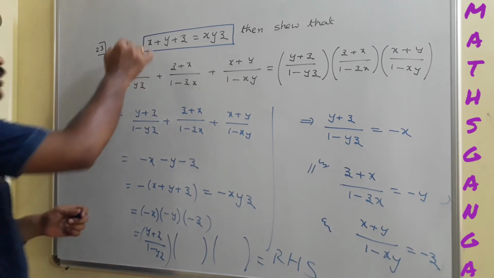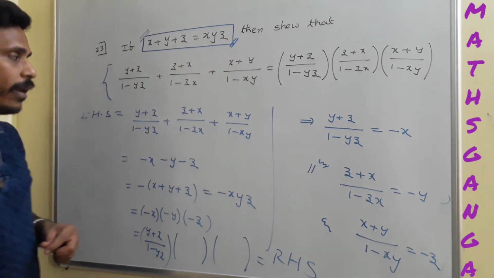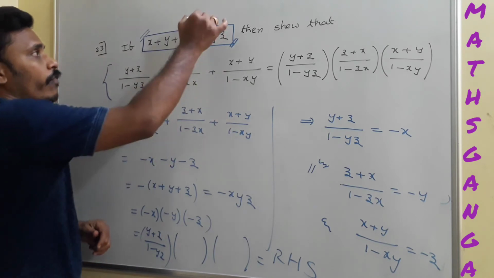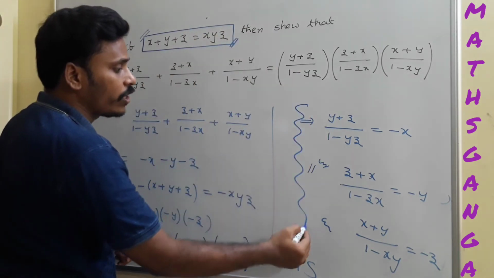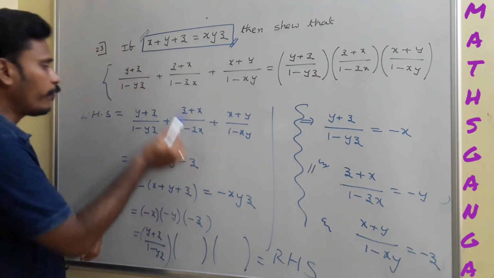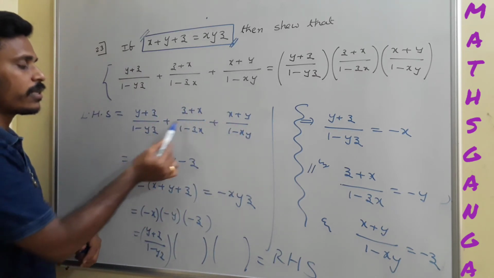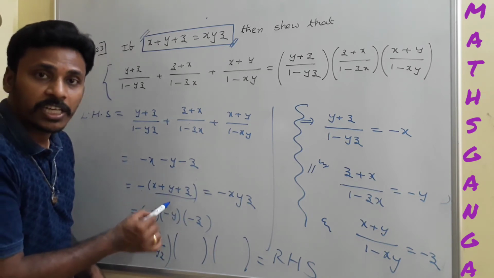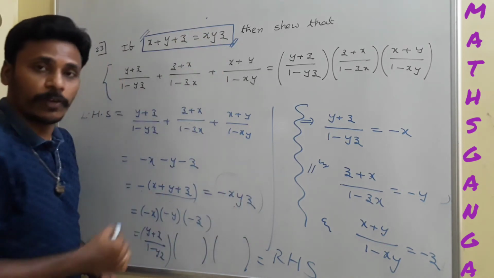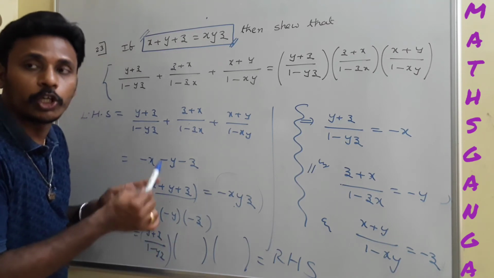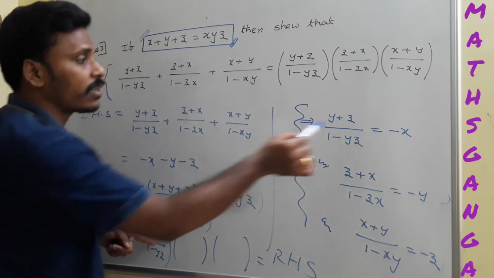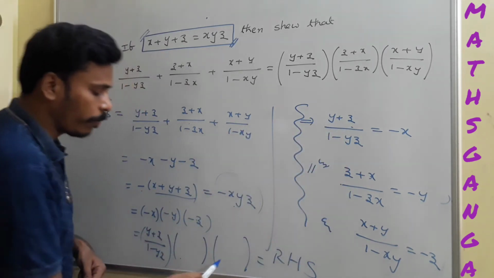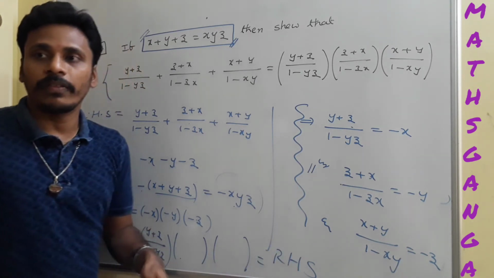Okay. See, x plus y plus z is equal to xyz is given. From there, make minus x, minus y and minus z the subject. From this, we derived these three. Now, using these three, if you start with the left hand side, this is minus x, this is minus y, this is minus z. Minus of this summation is given as xyz. Minus of xyz is minus x into minus y into minus z. And this minus x is nothing but the same. Replace here. This minus y. Replace here. This minus z. Replace here. And this product is the right hand side. There is the given task.